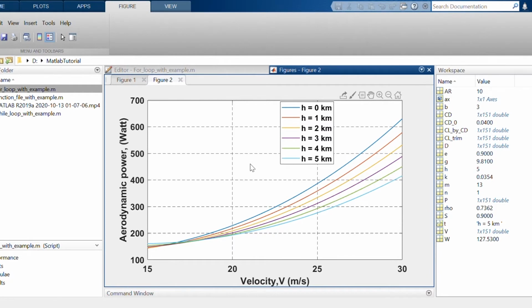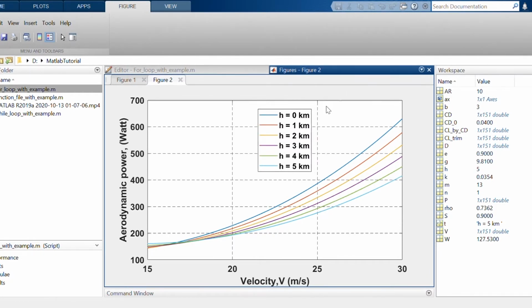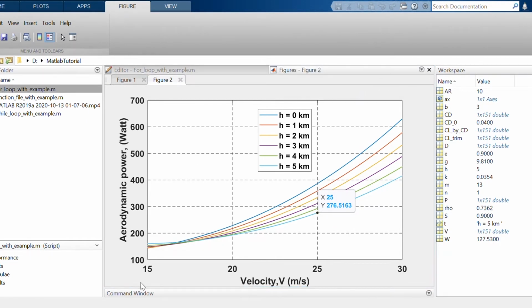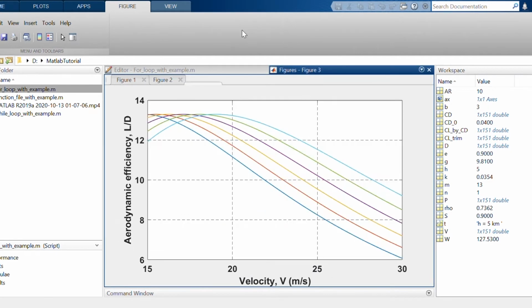Suppose that you are flying at 5 kilometer, okay, and your design speed is 25. So you can check that at 25 speed your aerodynamic power requirement is 276.51 watt. Okay, and our third interest is to see the response of aerodynamic efficiency.